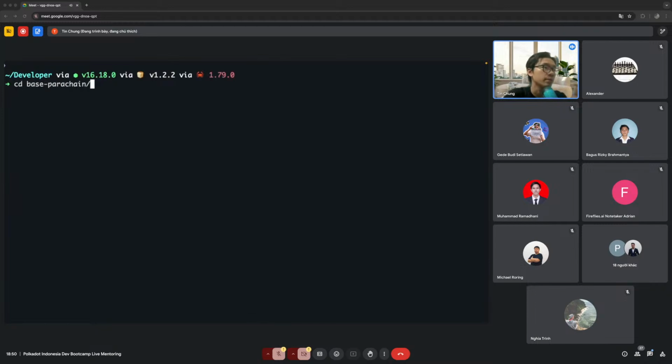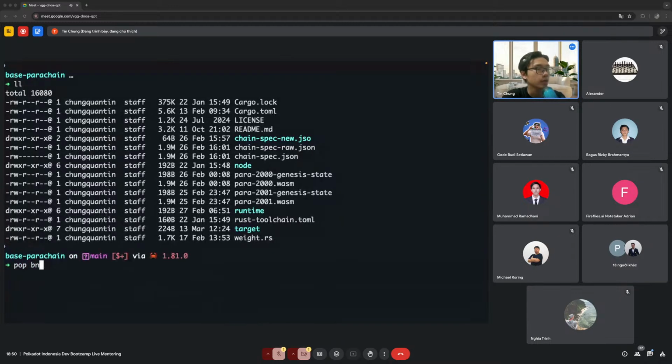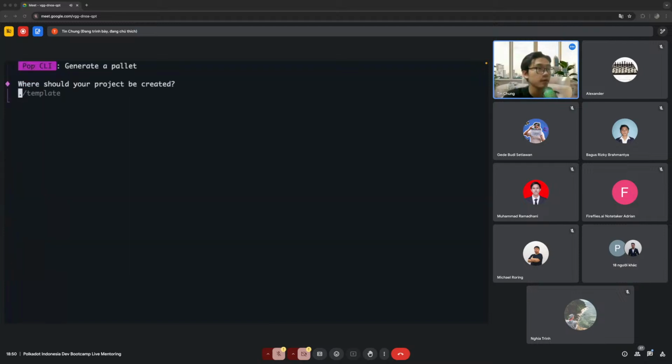Or maybe I'm going to go to the base pair chain. I think I already have that. cd base pair chain. Then I'm going to run the pop new pallet.